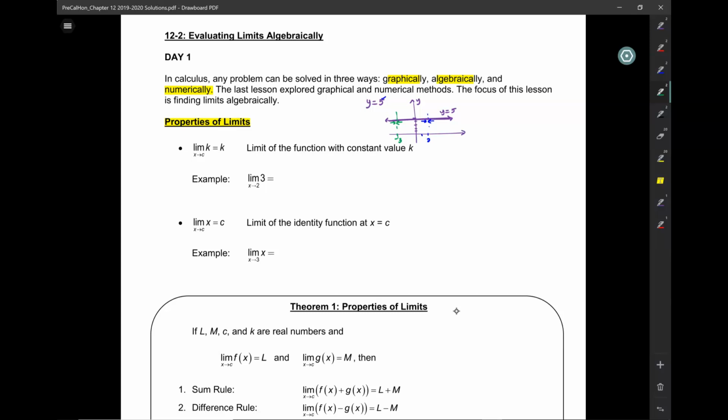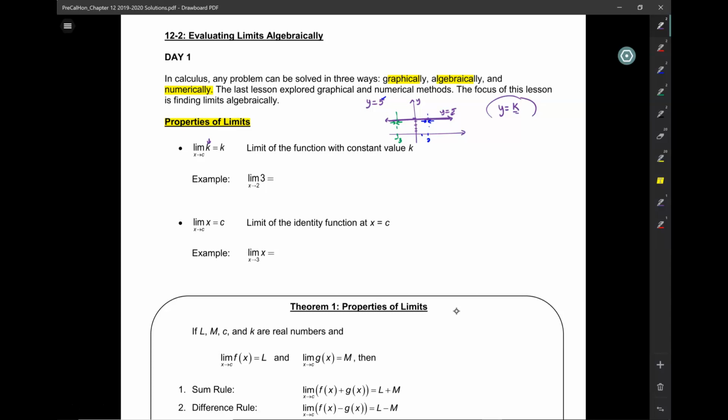Now, is this only for the case of y equals 5? Or can the same thing happen for an equation like y equals 3, y equals -7, or y equals k, where k is a constant? So anytime you have an equation like this, y equals k, you're going to have the same situation where the limit, no matter where you are, is going to be that same value of k. And that's what our first property tells us here, that the limit as x approaches c of k,